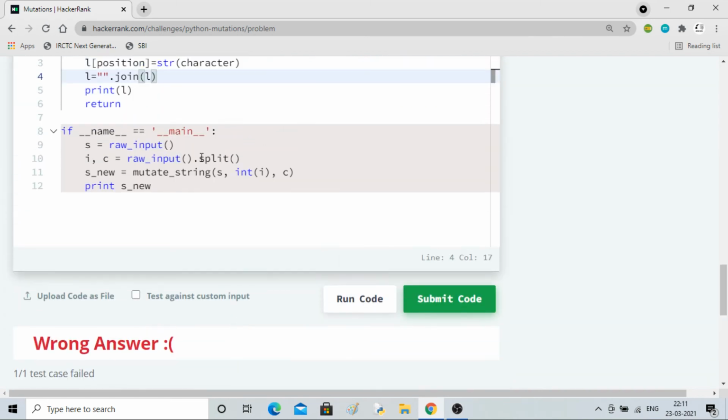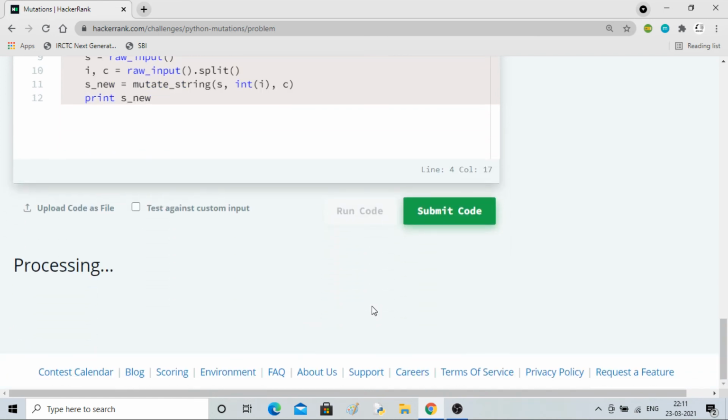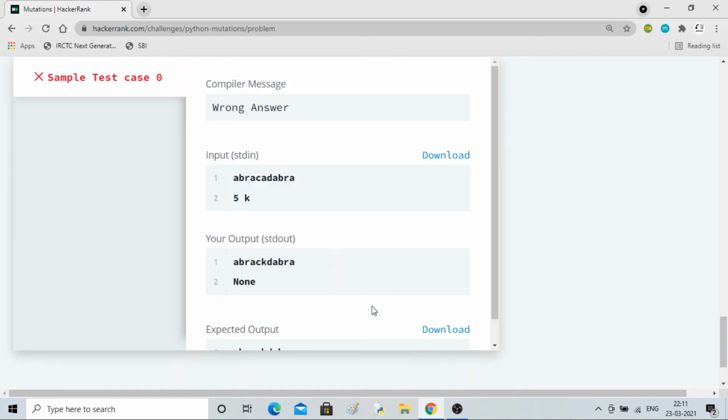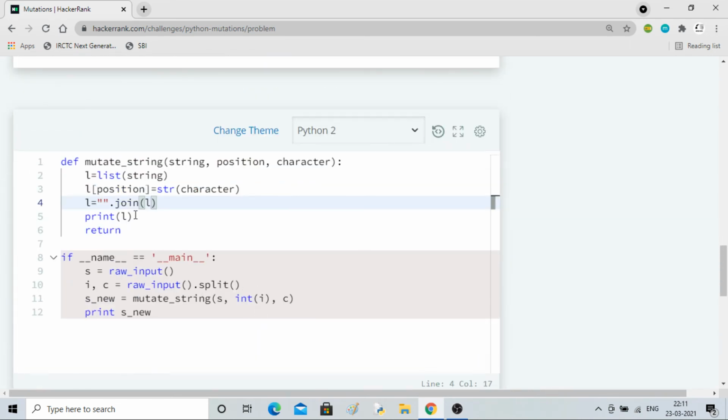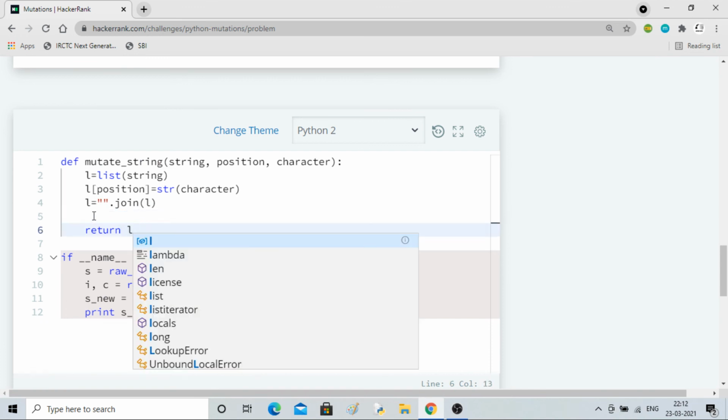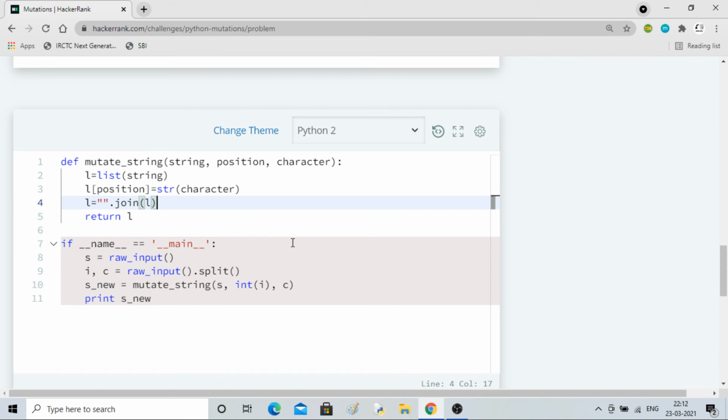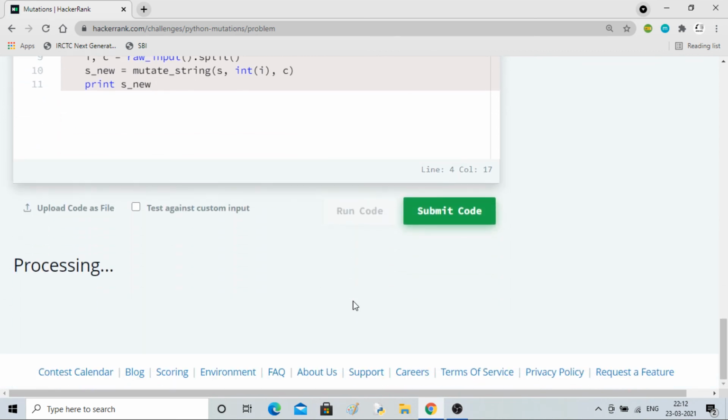Let's see, I'll print to check if there is any mistake. So we have got our string back, so that's what we will return. Now our code will be complete.